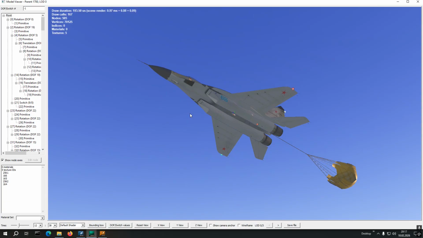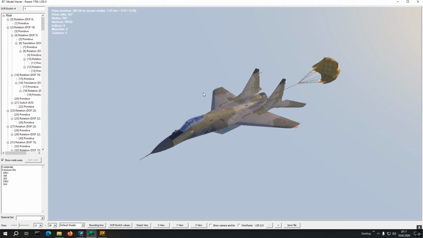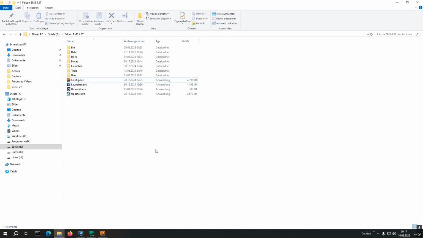So, what constitutes an aircraft in Falcon BMS? You have, of course, its external 3D model in the BML format and its corresponding textures in the DDS or Direct Draw Surface image format. You can find these if you start from the Falcon BMS main installation directory under Data. Herein you find